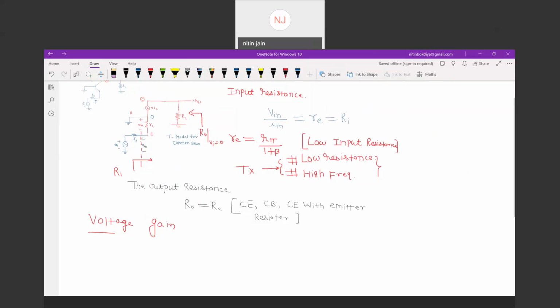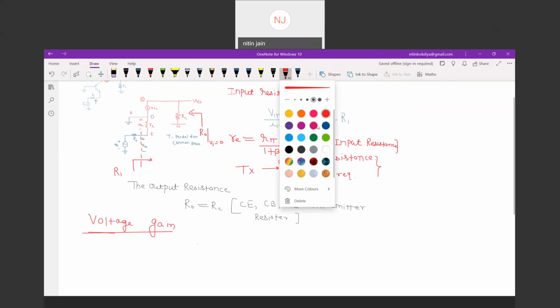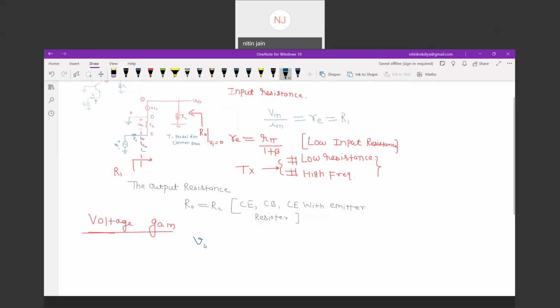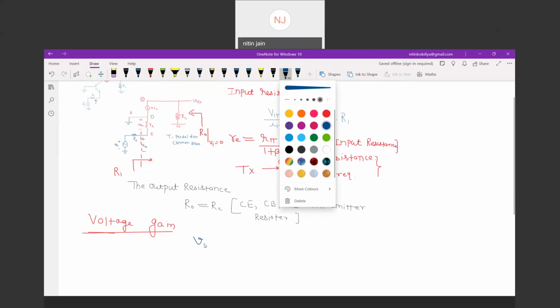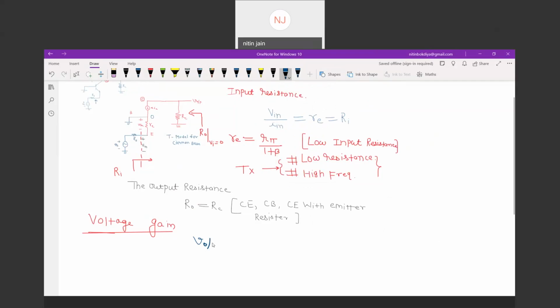The voltage gain of the circuit. इस सर्किट का voltage gain कितना होगा उसकी बात कर लेते हैं. So you can say the output of this circuit is equivalent to V out is equivalent to minus अल्फा इंटू IE इंटू RC।